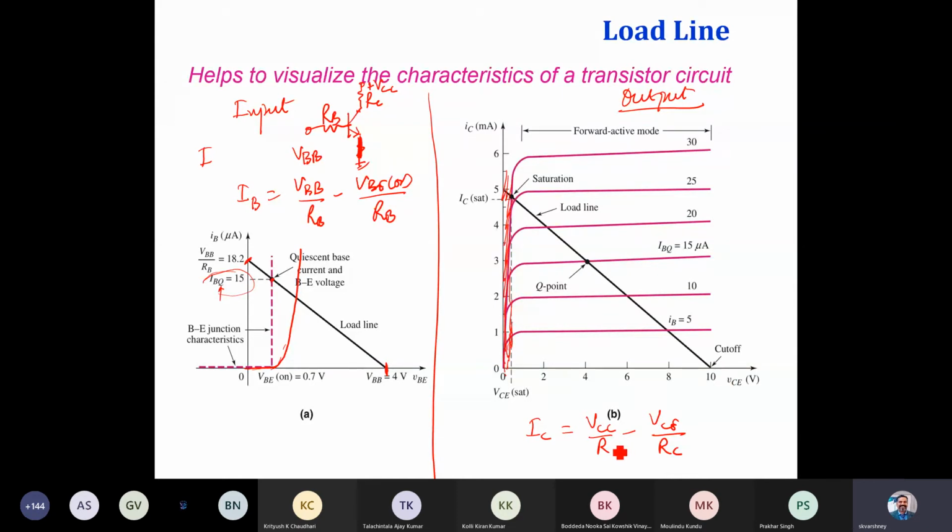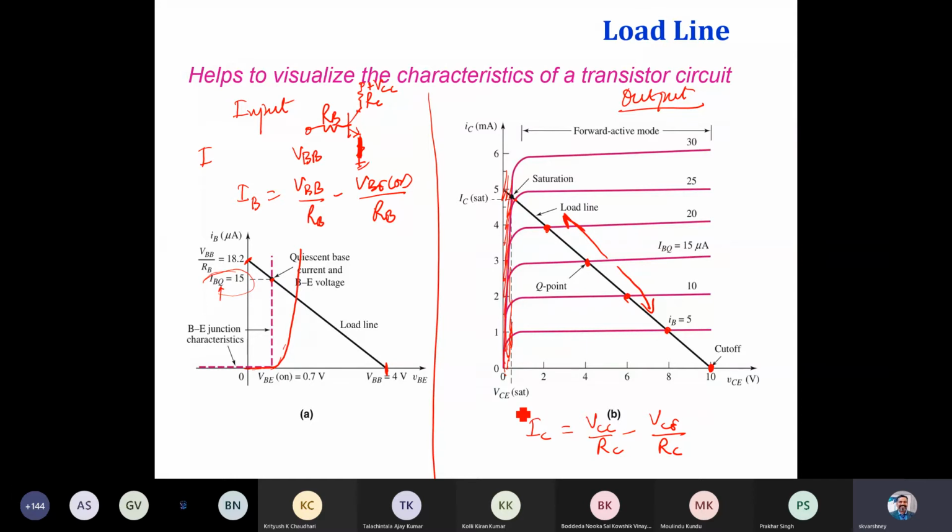So what you can see is that the Q point can be changed. This Q point can move onto this, right? This point is moving, and it can be any point. Once it reaches this point, it means the transistor is now in cutoff mode, though there is a forward bias. The battery voltage is less than VBE on, so it's not reverse bias but forward bias.